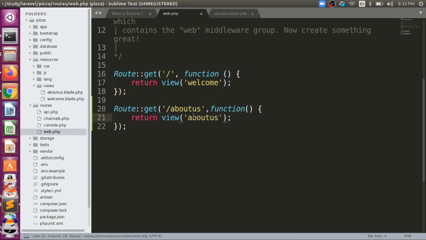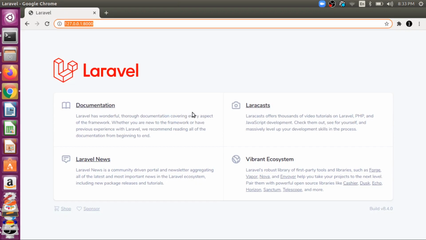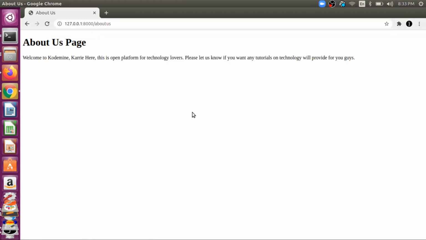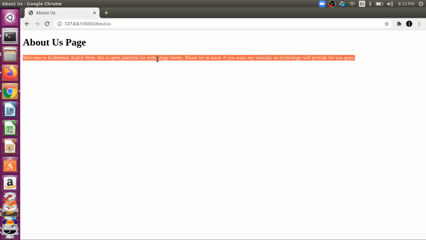So we will try this URL now, whether it will work or not. So I am here slash, so you guys can see now routing is working perfectly. About us page, welcome to Codemine, carry here, this is an open platform for technology lovers. Please let us know if you want any tutorial on technology, we will provide for you, right?